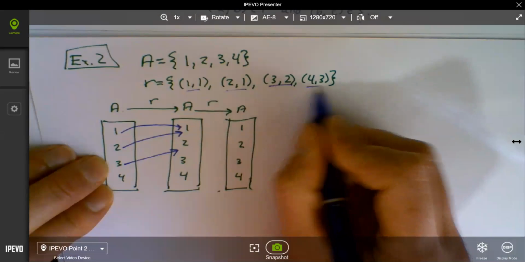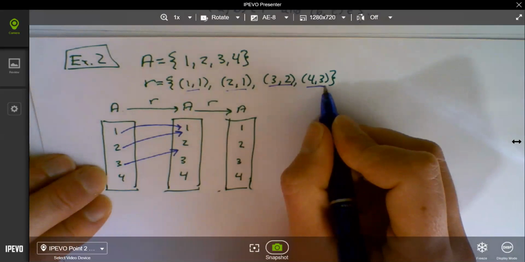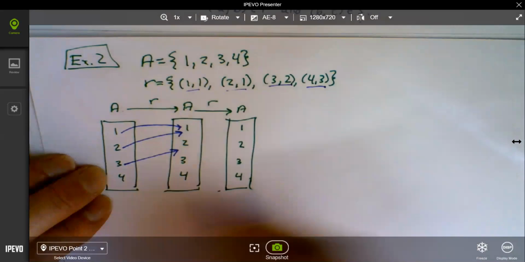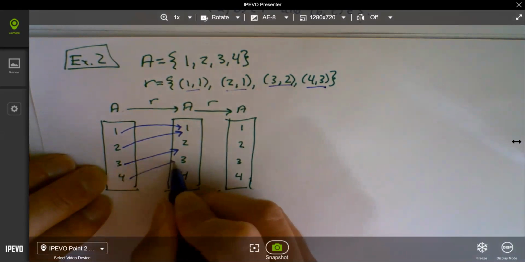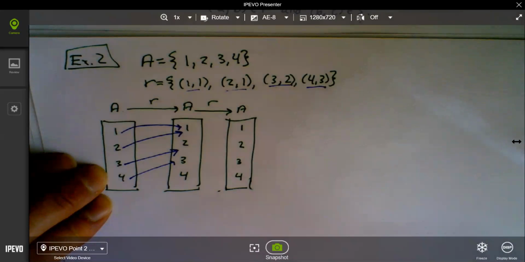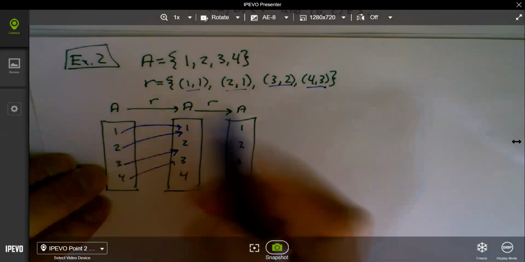And then I have the element (4, 3) in set R. So that's going to point from 4 to 3. Okay, seems simple enough here. So now we're going to do this again. So we're going to look at the middle